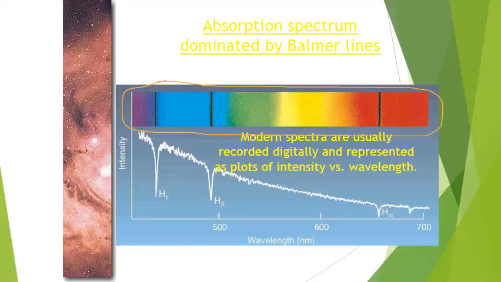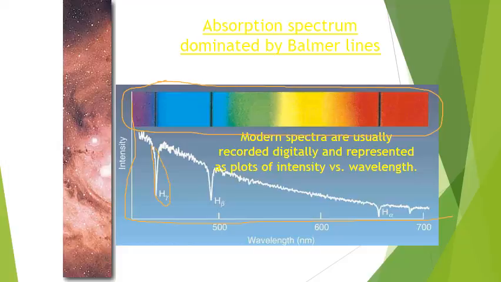Now, let's look at this other chart down here, because this is a more common representation. These days, instead of having a kind of a rainbow spectrum like that, you have what's called a light curve. It's an intensity versus wavelength kind of graph. Now, can I ask you what color the star is? You should be saying it's a bluish star, because notice that it's producing all this light. This star is producing all the different colors, with the exception of here.